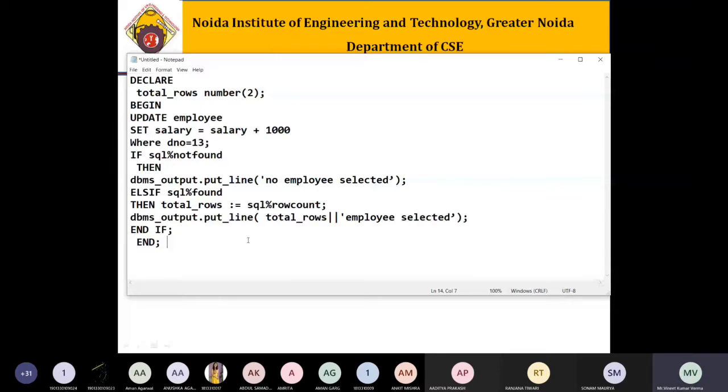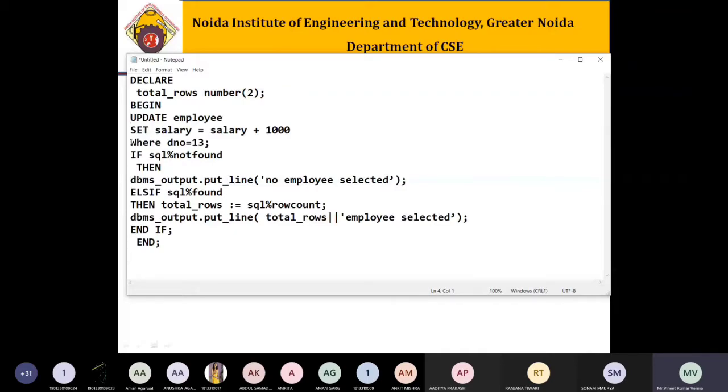As we know how many rows are affected, that will return some value. So for that we have taken a variable, total number of rows. We have to define it with its type, so we have taken it as a number. Fine. Now your main program will start here.